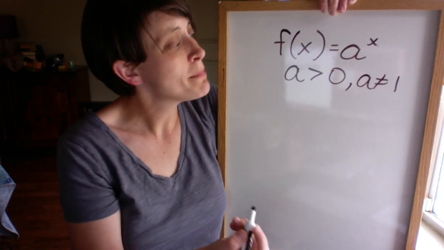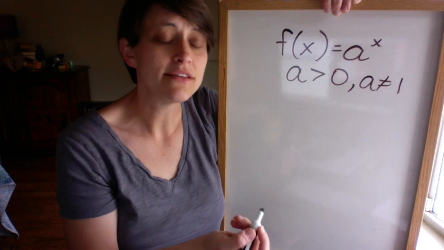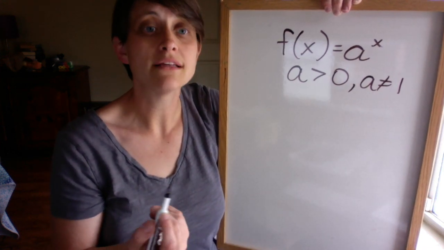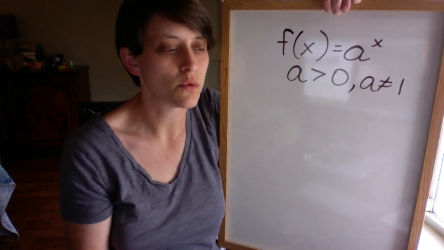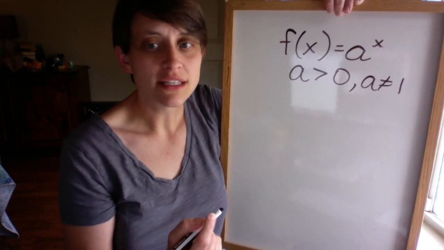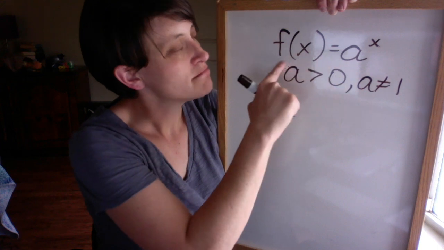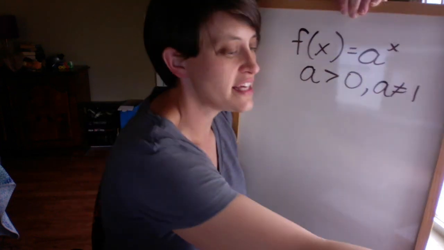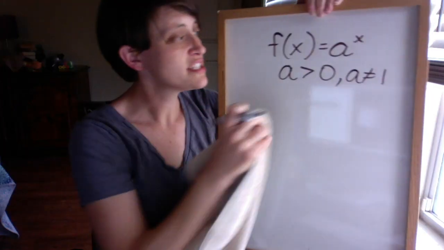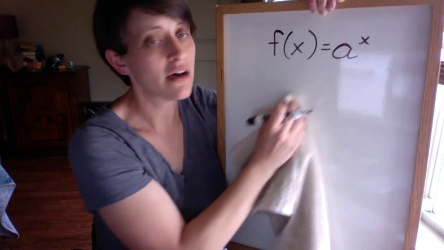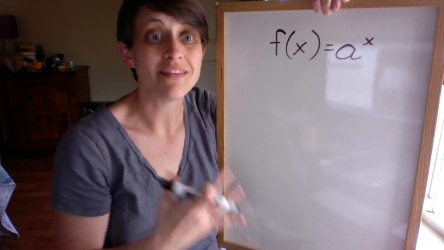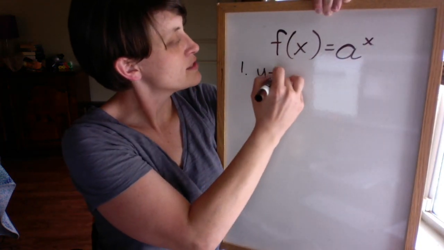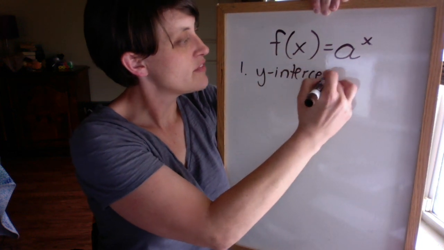So there are really two possibilities for a. A is either somewhere between 0 and 1, so a fraction less than 1, or a is greater than 1. So those things will come up later. So first let's talk about every exponential function of this form. If we haven't shifted things up or down, left or right, we just have some positive non-1 number raised to the x. So first of all, the y-intercept of this graph